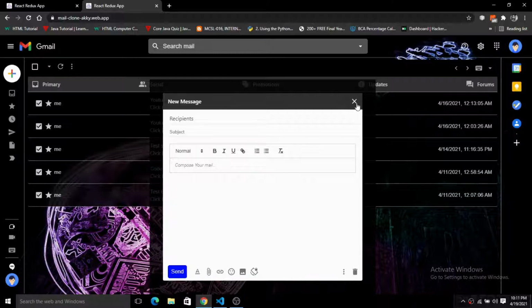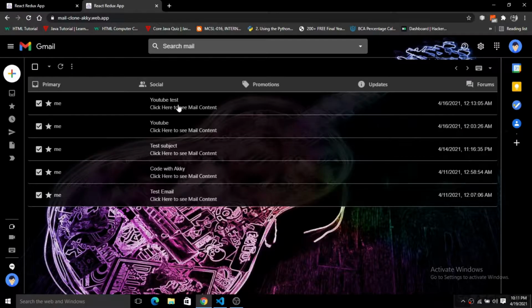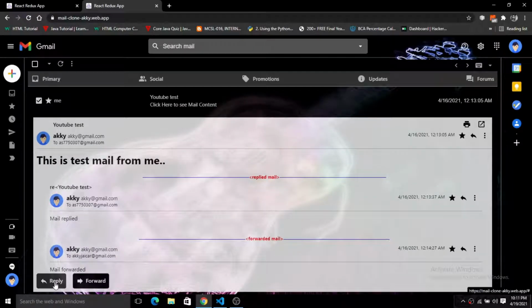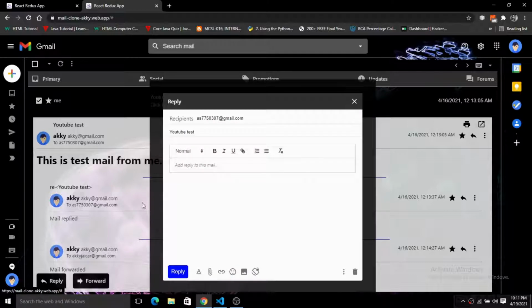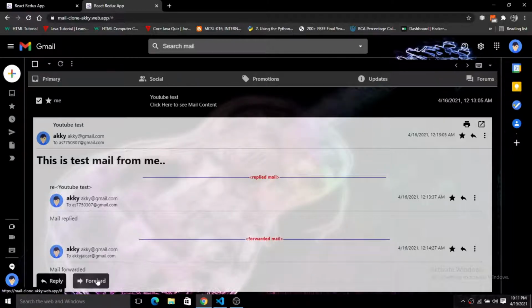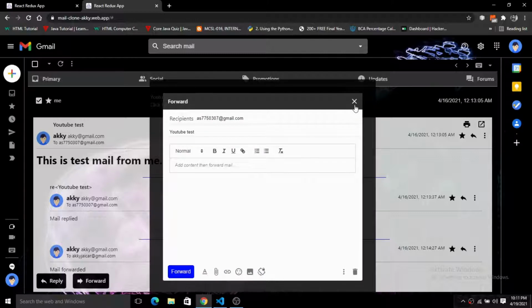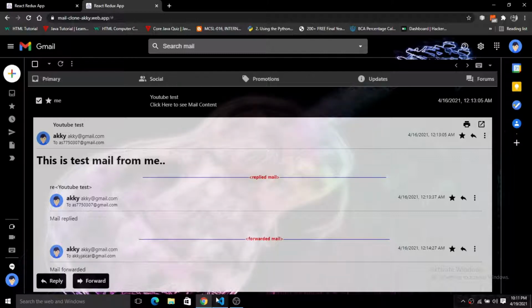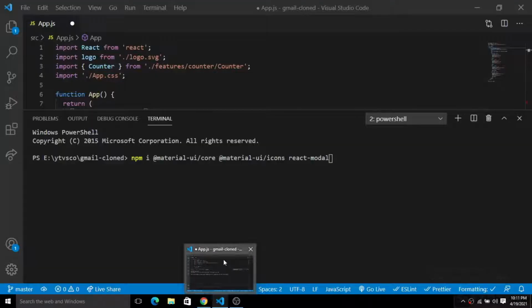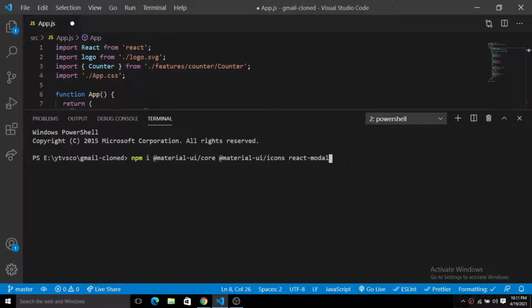For this modal pop-up, we will use the dependency called React modal. When you click on reply, we have a reply modal pop-up. When you click on forward, we have this forward modal pop-up. So to have this modal, you guys have to install the dependency for React modal, right?